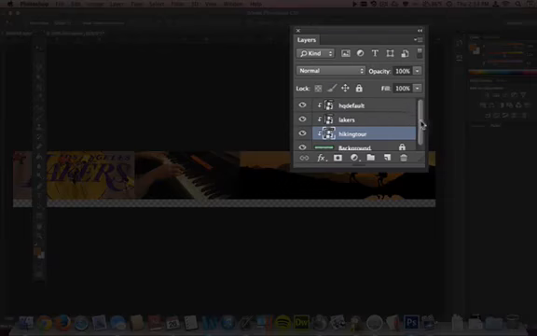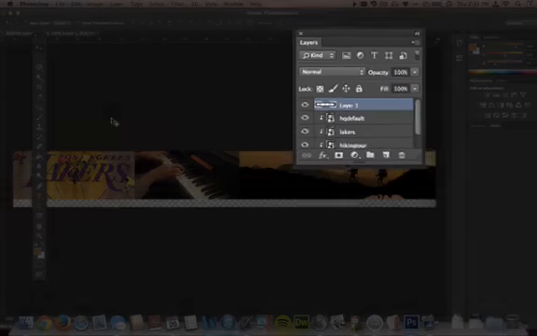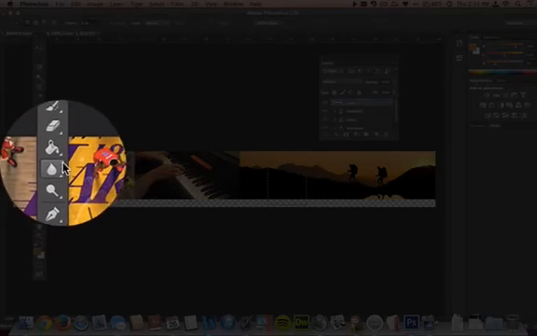Now I want to go ahead and click on the top layer here and add this button right here. It says add a new layer. Okay, so let's do that. This time I'm going to go ahead and create like a little rectangle maybe right around here. How's that sound? Okay. And then I'm going to go ahead and find my